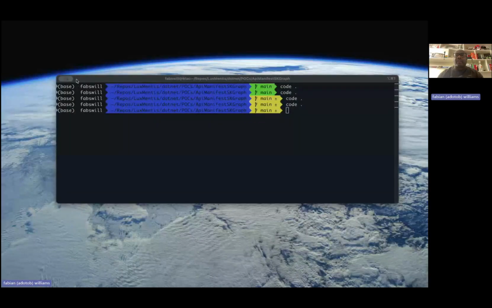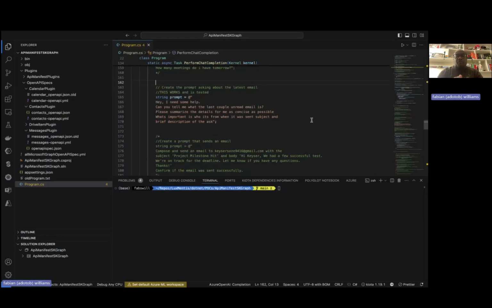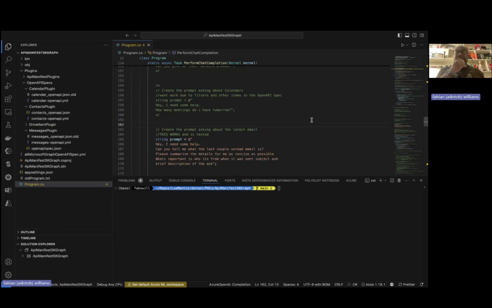All righty. Okay. So today, what are we doing? We're going to do some work around Microsoft Graph, and we're using the OpenAPI spec in order to create plugins that are specific to certain endpoints. In this case, they will allow us to look at what the last mail is and also send a mail. However, when you send a mail, it is going to go to the drafts folder, then you have to click send. So let's start off